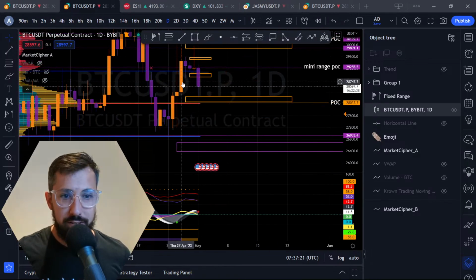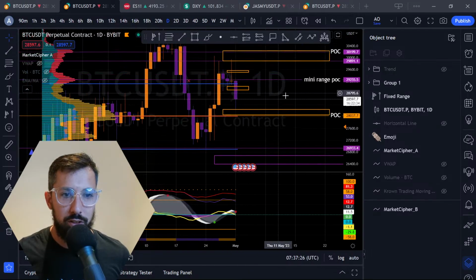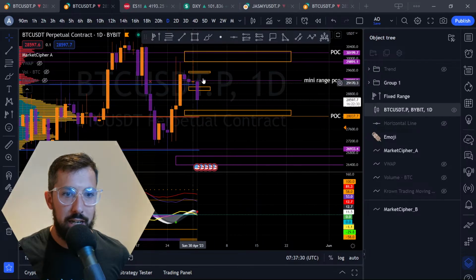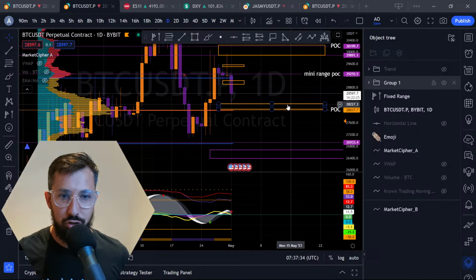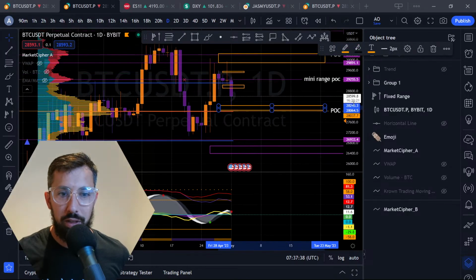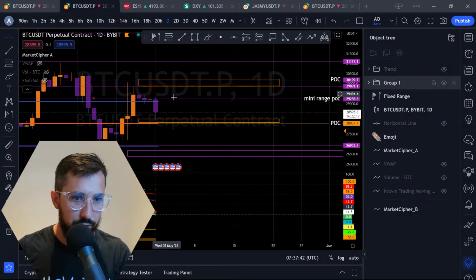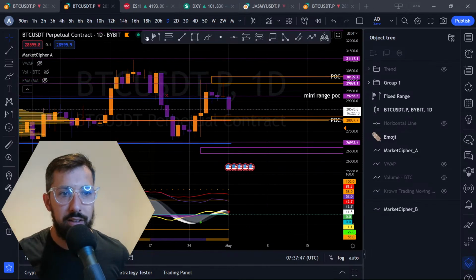Okay, so as we see here, we've been rejected. We're looking for it to continue downwards. Okay, we have key levels here. Mini range POC. It came up. It got rejected. Now we're looking for it to come back to this point of control. It has wicked down and touched it. Okay, and we gave this trade setup as well in advance. We'll get rid of these boxes because they're irrelevant right now, and we'll create some more for the direct range that we're in at the moment.